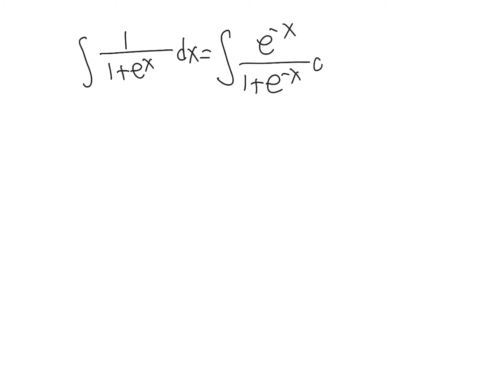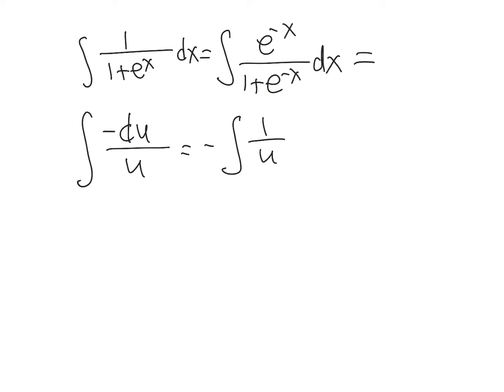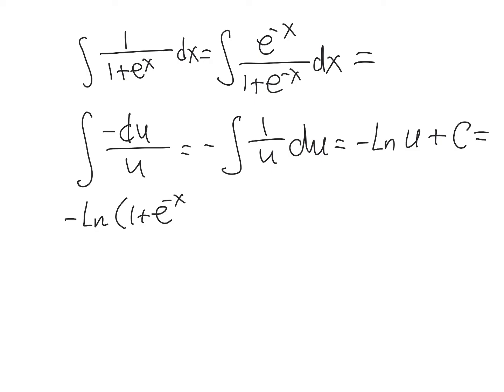the integral of 1 divided by 1 plus e to the x, you saw that when we multiplied by 1, we transform it to the integral of e to the negative x over 1 plus e to the negative x. Using the U-substitution, we end up with negative du over u, which is minus the integral of 1 over u du, and that's minus natural log of u plus c. Once again, u is positive, so absolute value is not needed. And that gives us negative natural log of 1 plus e to the negative x plus c,